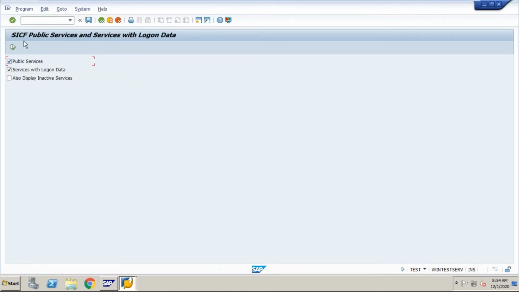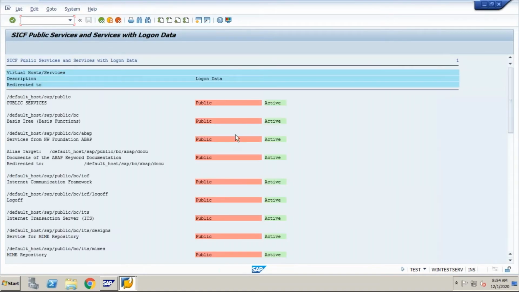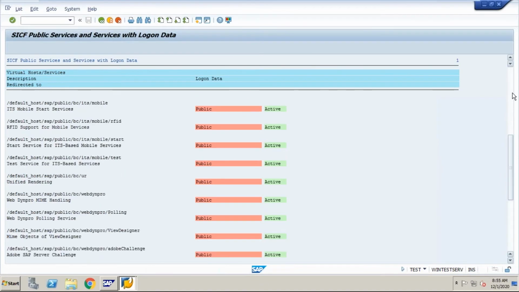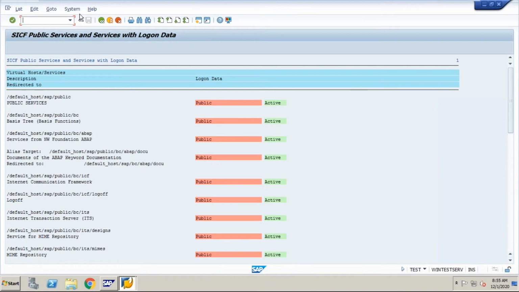See, skip public services and logon data. If I keep this on, it will do these two tasks, public services and logon data. I just click on this. See, this is my output. To run any kind of program directly without displaying it, we have to use transaction code SA38. If you want to display that program, you have to use SE38.